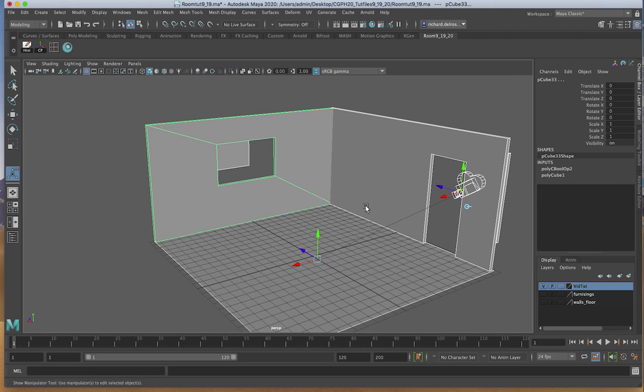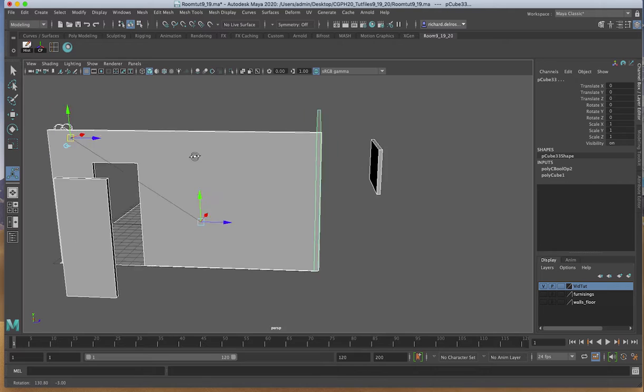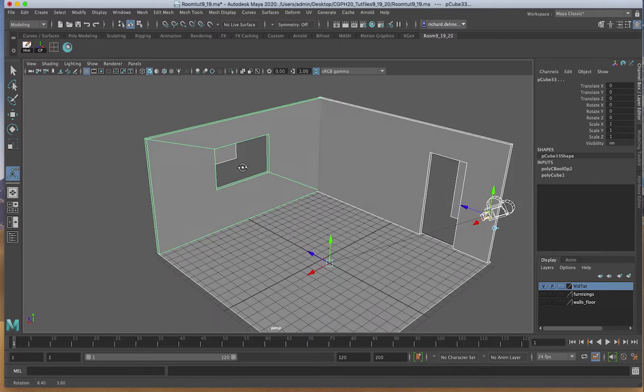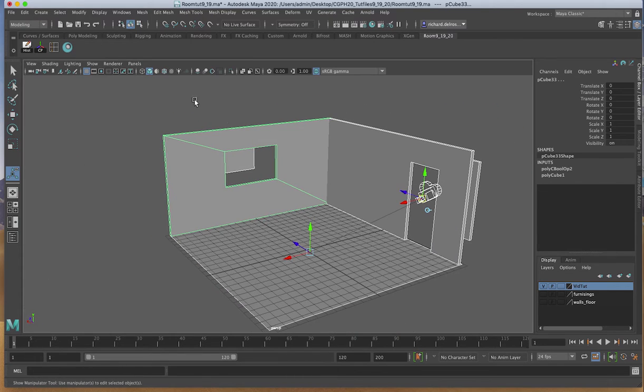Now we'll create the table and chair. I'm going to hide the walls and floor to minimize my CPU usage and also to be able to navigate around the viewport without having to look through a wall. To do so, I'll marquee select all the geometry,